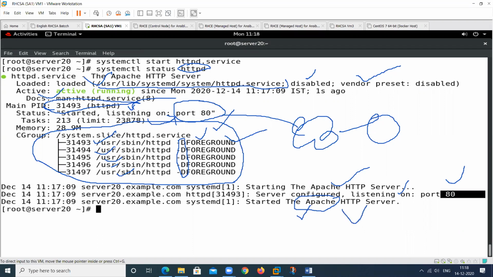We call it by different names. In which particular machine is this running? This one. What is the PID of this one? This thing. A lot of things we can see by using the status command. At which particular time we started this one. All these things you can check by using status.